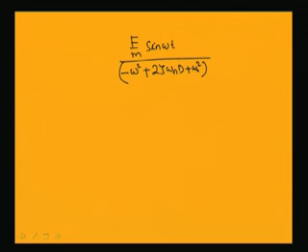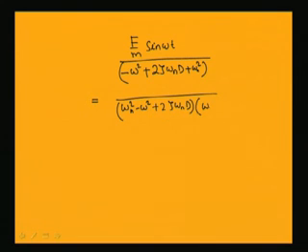So, I can multiply in the numerator and denominator the term minus omega square plus 2 zeta omega n d. So, this term I can multiply in the numerator and denominator. So, this thing I can write equal to omega n square minus omega square plus 2 zeta omega n d. So, I will multiply with this omega n square minus 2 zeta omega n d.